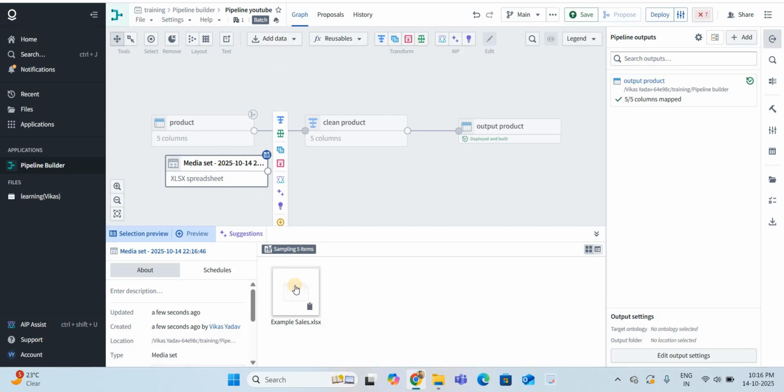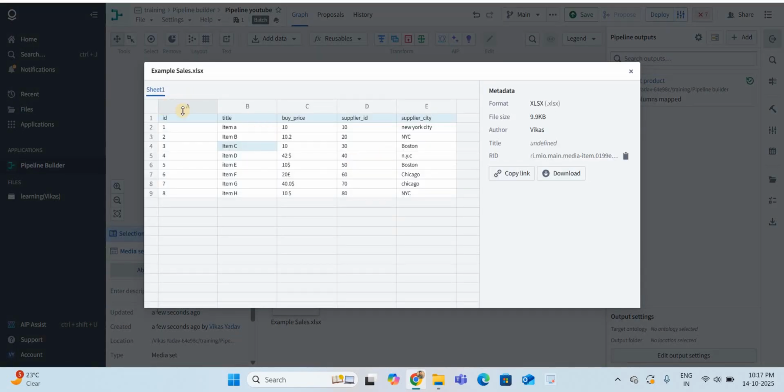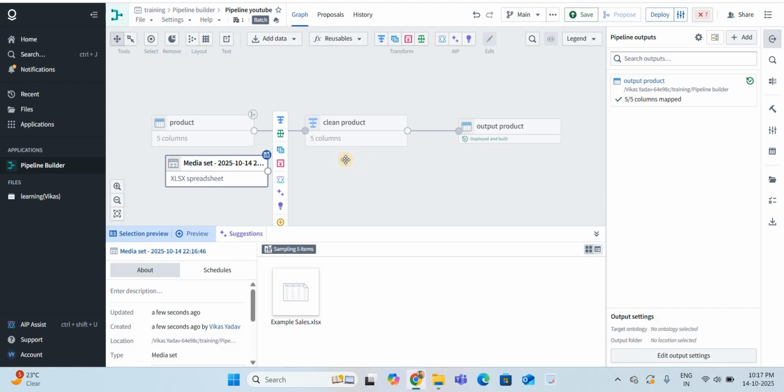Whenever you insert any dataset into Pipeline Builder in Palantir Foundry, it will automatically give the data types and schema, all the details in the overview and preview. But here there are A, B, C, D columns, and the ID and title, which is basically the header, and it is not mentioned as data types. It should mention the data types, right? This is the challenge a lot of people are facing.